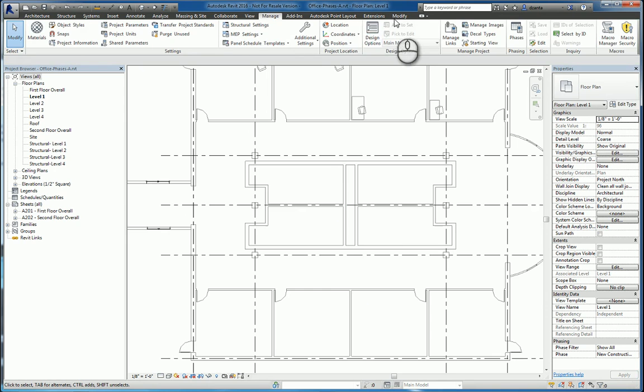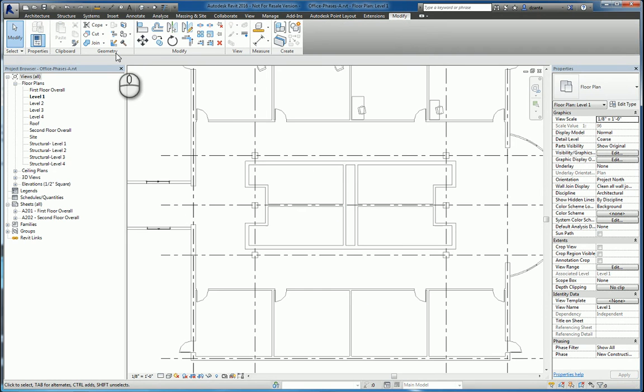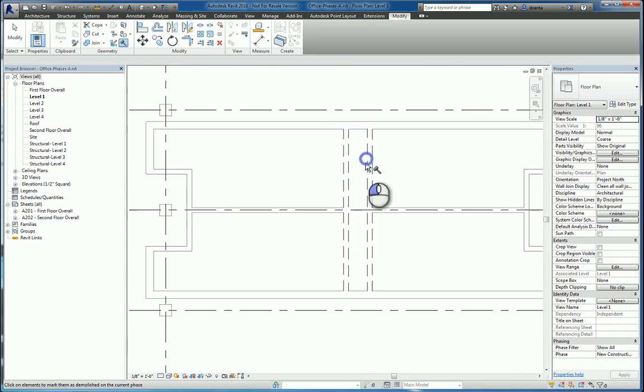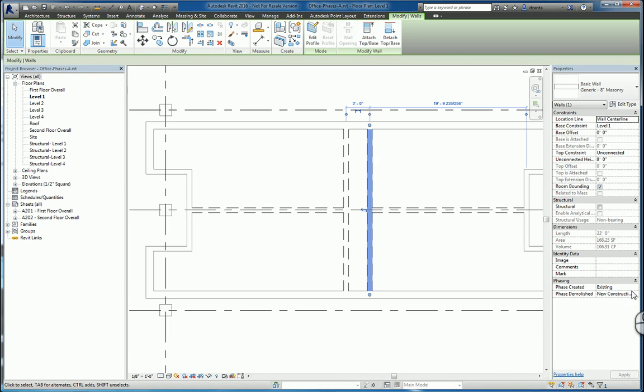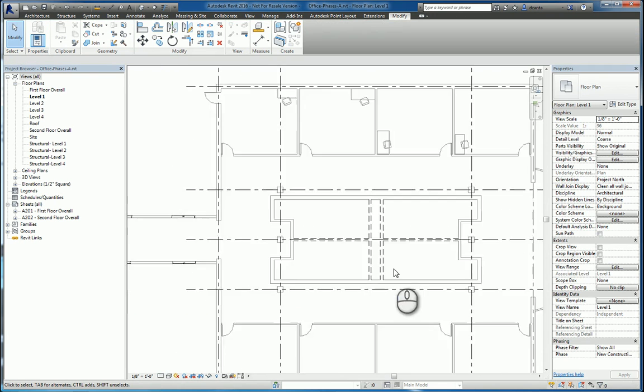Lastly, if I go to the Modify tab of the ribbon, Geometry panel, there is a button for Demolish. If I click this and I select objects, you'll see they'll get quote-unquote demolished. What's happening is that that object is being changed, its phasing, and it's being demolished under that existing phase. Okay? And that's it. That's phasing